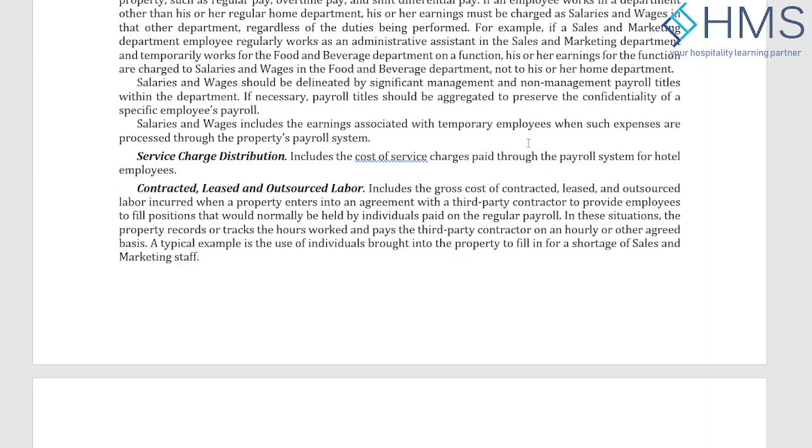So the first expense, as in any other department, for sales and marketing is again the salary and wages. Salary and wages, as in other departments, is also divided into management and non-management here. This department will usually include the director of sales and marketing, all the event managers, event sales managers, the management-level communication managers, or director of communication, director of event sales, or PR, or digital marketing manager, revenue manager, so to speak. So these positions are coming into the cost of sales and marketing.